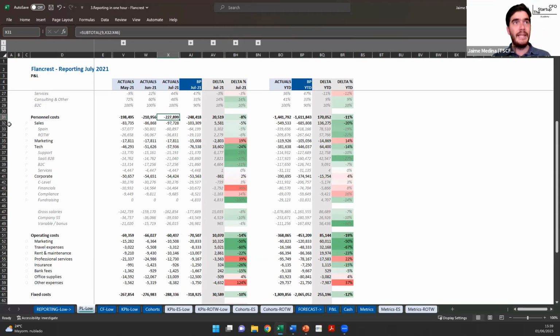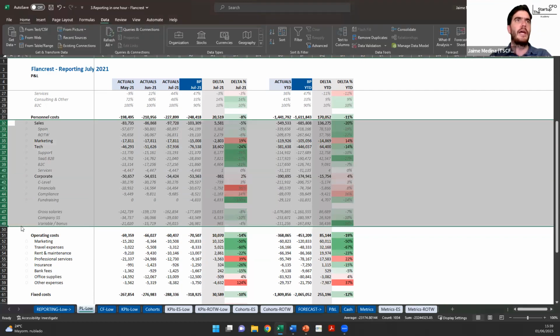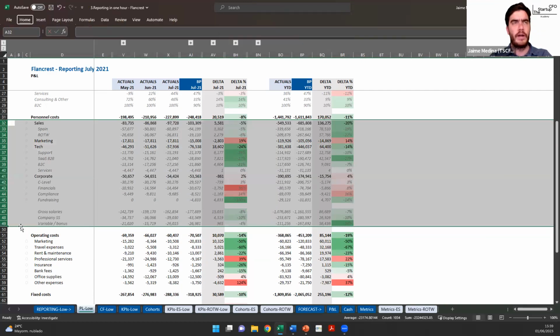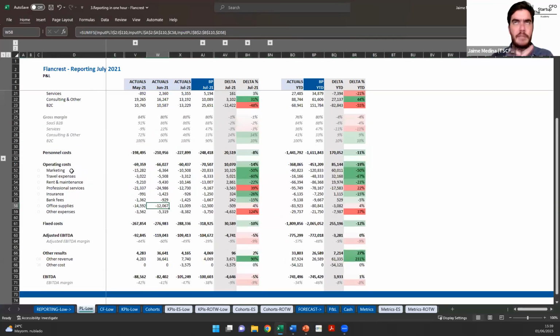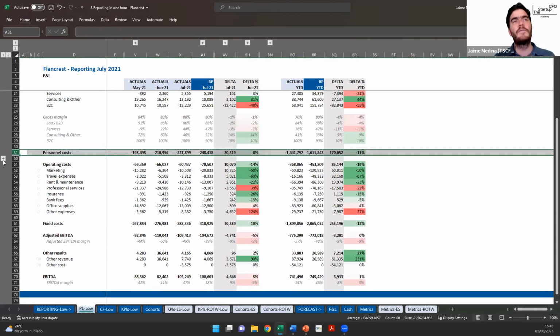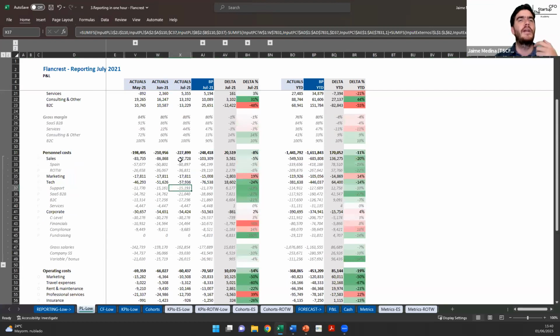So, many times, and this is, in my opinion, a mortal sin, if you download a template online, especially for an SME, not a startup, they will show you that expenses are just personnel, marketing, and SG&A, sales general admin. And in my opinion, that's a mortal sin in a startup. If this is your biggest expense by far, and you're investing in that technology, and you're investing in sales and marketing,